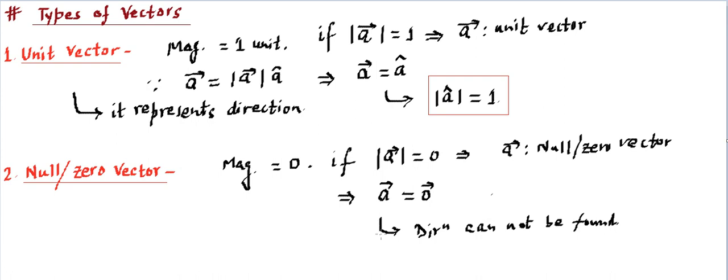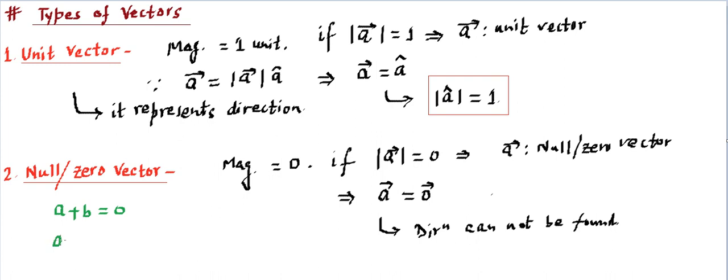Then there can be a question in your mind, why at all are we defining a null vector or zero vector if we are not able to decide its direction? You'll find its utility is in writing equations. For instance, if we write A equal to 4, that means the magnitude of A is 4. Or let's say we are writing a scalar equation like A plus B is equal to 0. That says the A magnitude plus the B magnitude sum up to 0, or they can be any number, right?